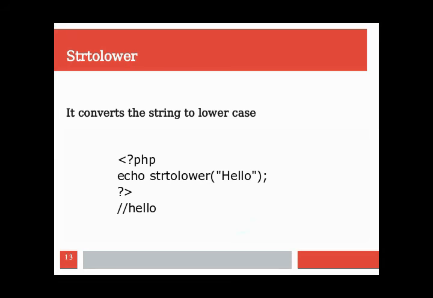Then next is strtolower, that is string to lower. It converts the string to lowercase, whatever it may be. In the program, our display statement uses the strtolower function, and the argument is one string within double quotes, "hello". Whatever input we have given as the argument, a capital H is there and ELLO are capital too. Here all are converted to lowercase letters, and the output will be all small letters, that is hello, all small.